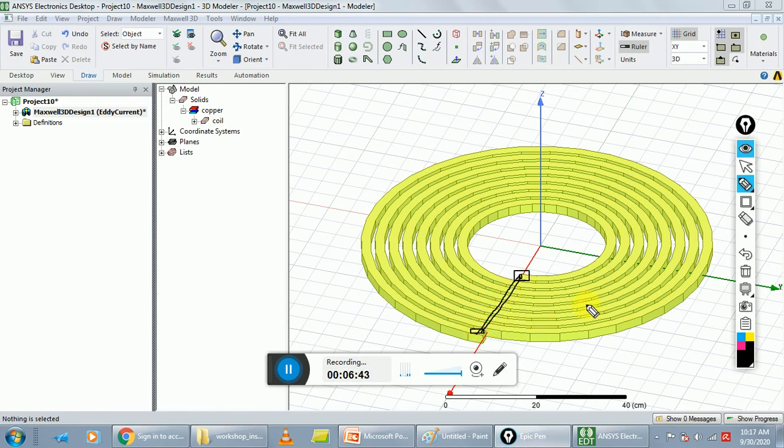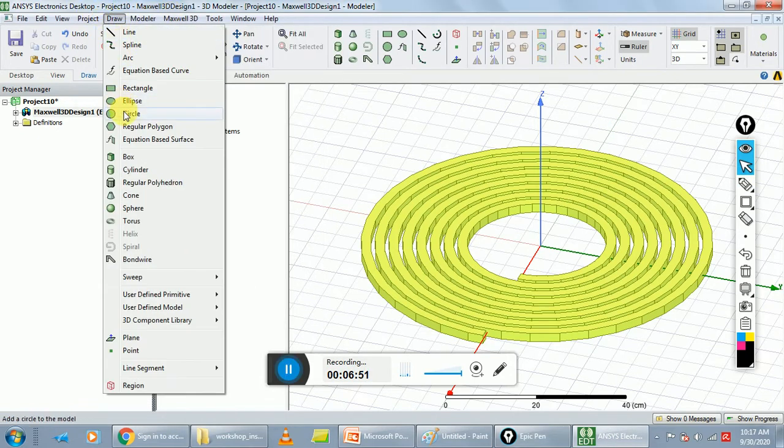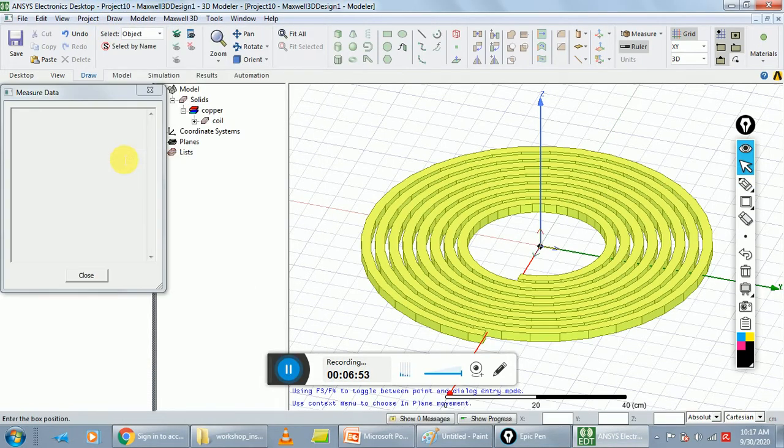Okay, so first go to draw and choose box. Put the dimensions of the boxes. First put the coordinate. X is 14, y 0, and z is -2. Make it okay, and put the value of d.